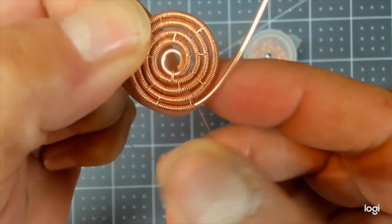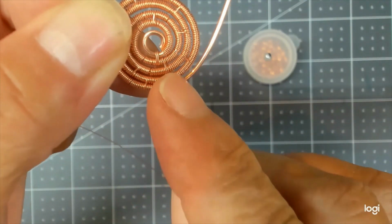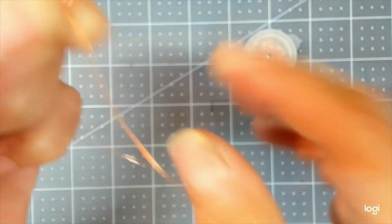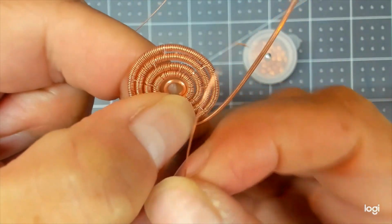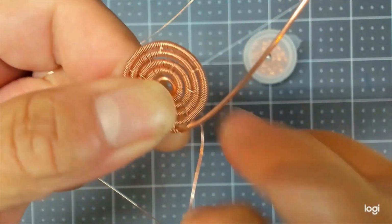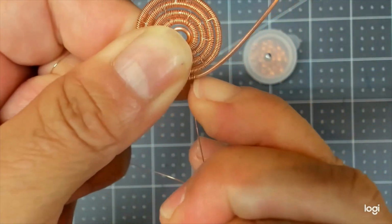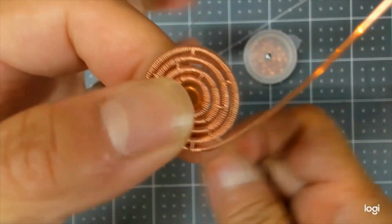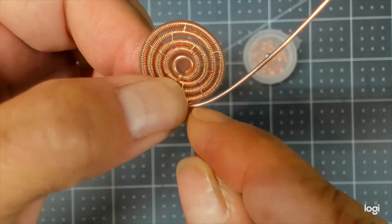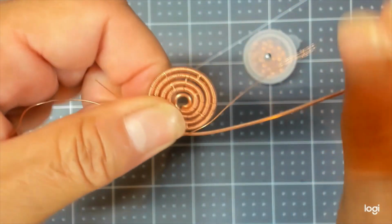Hey, welcome back. Okay, so I stretched out my hands, I gave myself a little break, and we were right here. I went ahead and wrapped into the previous coil with the little bit that I have left. I've got my fresh 3 feet right here ready to go, and I'll just make a couple of wraps to get myself anchored at this end, and then I'll go ahead and start my fresh one, my fresh 3 feet, by just inserting right here, hold both ends, and continue to wrap my